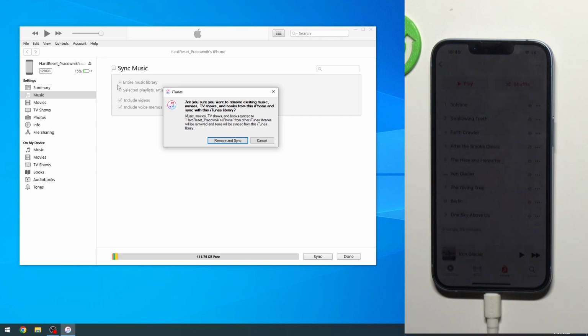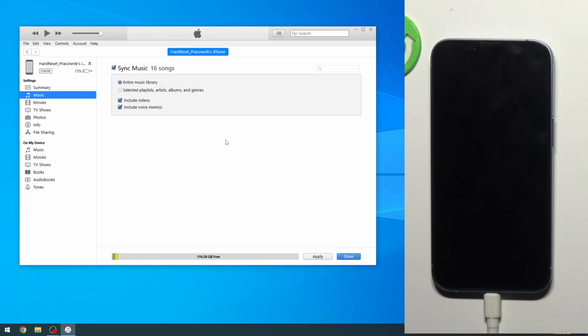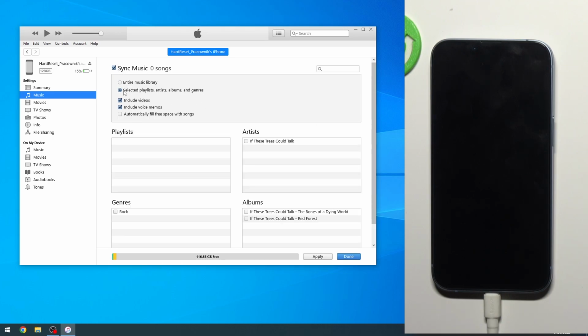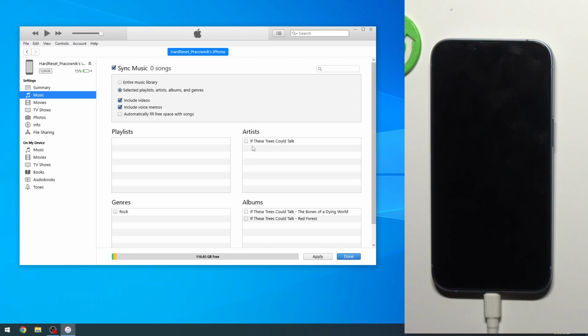It doesn't mean I want to remove it. But iTunes tells you, no, remove it and sync, even though you're technically not syncing anything. So yeah, from here, you can select if you want to sync the entire library or just specific playlists. Now, what I would recommend doing is starting off with this option by syncing the music and then